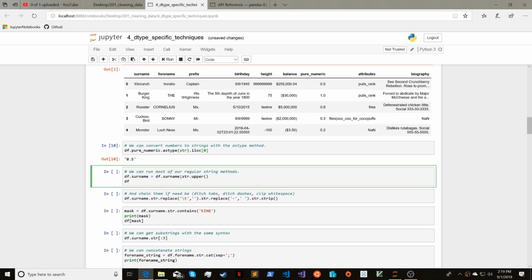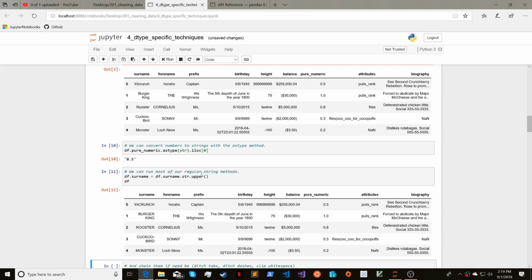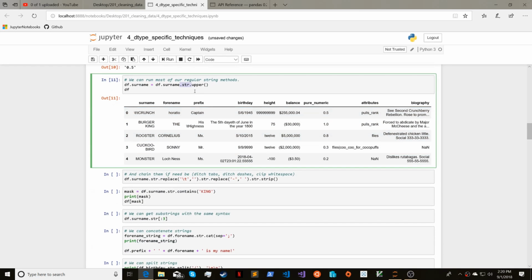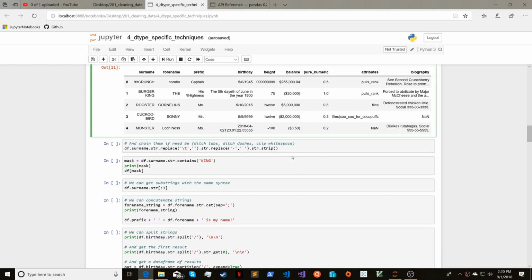As we mentioned before, we can access the string methods, and for example, here we have replaced the surname column with the uppercase surname. So we basically just capitalized everything in the surname column by going to the string namespace and accessing the upper method. There's also additionally a replace method, which is excellent, and if you want to strip white space, string strip. And as you notice,